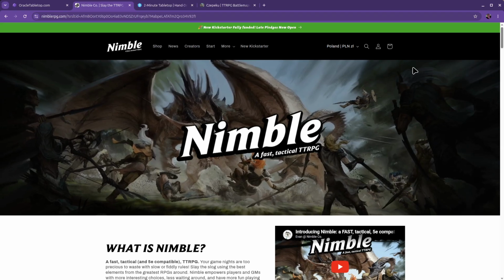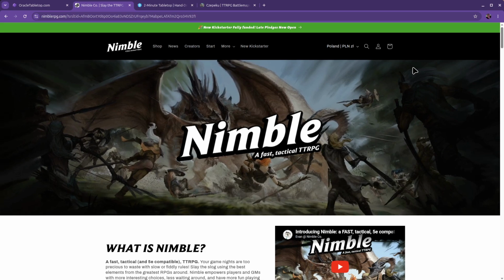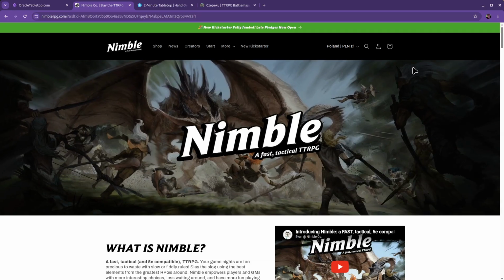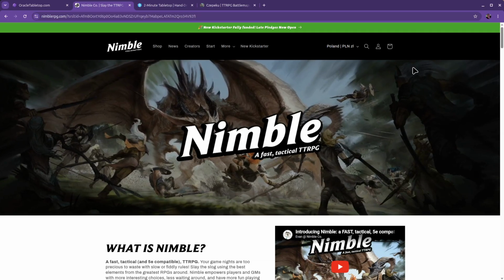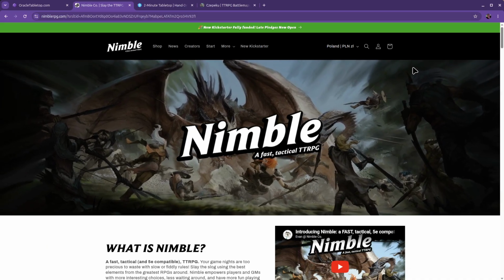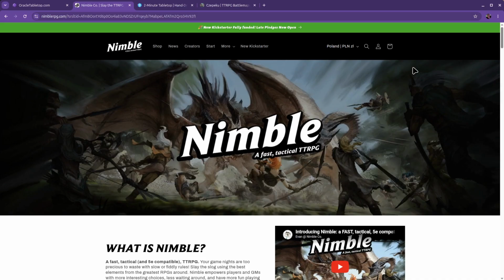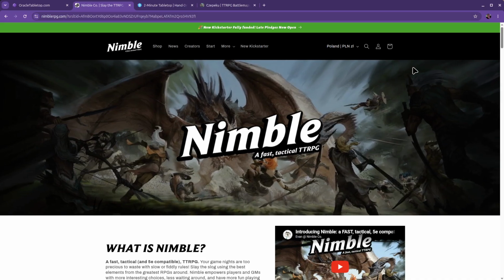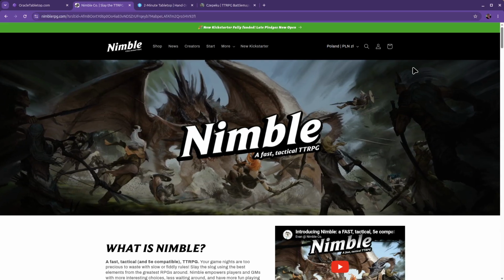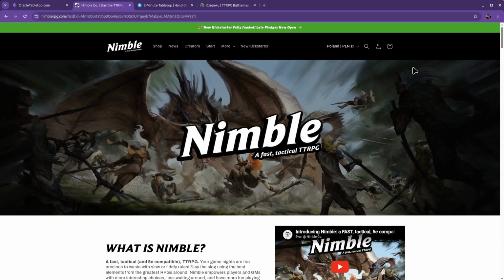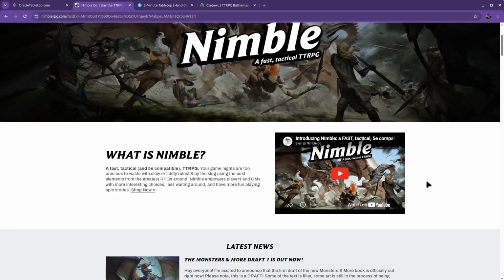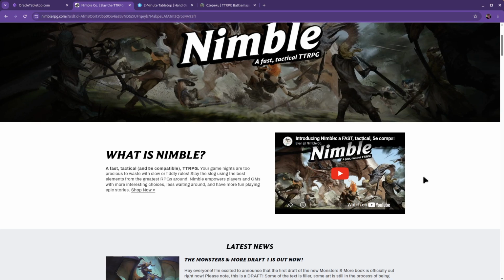About Nimble, it's a tabletop role-playing game. Some time ago it started as a mod to simplify D&D, I think. But nowadays it has become its own standalone system. It has its own book, which is much shorter than D&D, and it's full of really cool mechanics. I'm absolutely fascinated by it now. So if you want to learn more, go to Nimble-RPG.com and do watch some of the YouTube videos that Evan